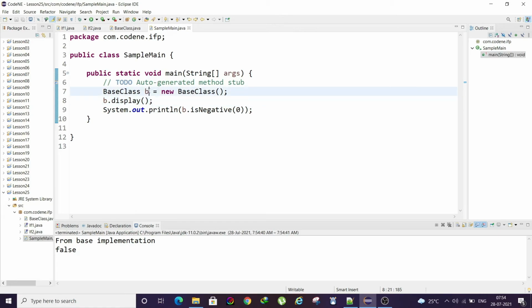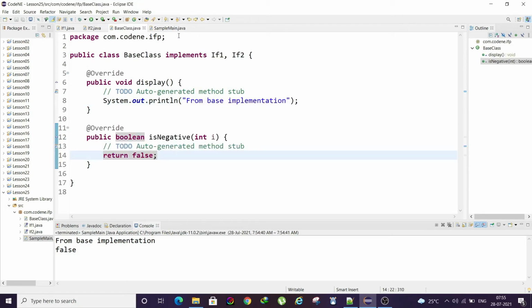So what will your interface variable be, okay? For example, I create if1, right? When I create if1 and just name it if1, like this, and just change this as well. So you see base class is implementing these interfaces, right?